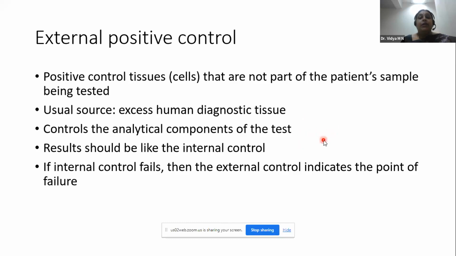Whereas when your internal control fails, we really cannot know where it has failed, whether the antibody has actually been applied or not, whether the secondary kit has been dispensed or not, whether DAB has been applied or not. These are some things which we will not be able to say with just the internal control being there. So in most of your cases, try as far as possible to have a good internal control as well as an